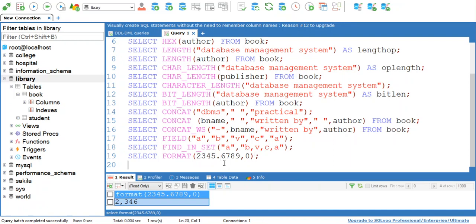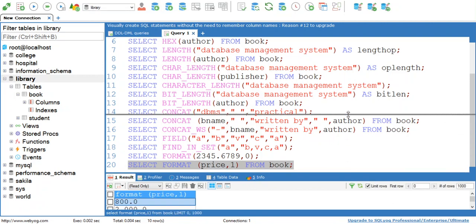So this is how the format function can be used. This format function can also be used with an attribute of a table. In our table we have a price attribute, and I want to truncate that price to 1 decimal place.